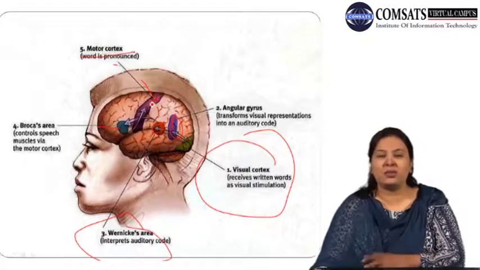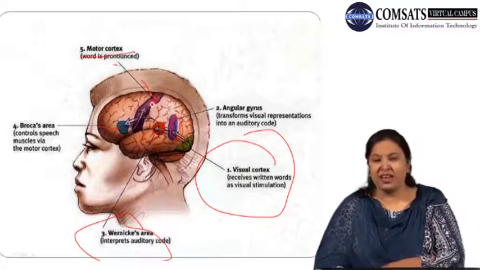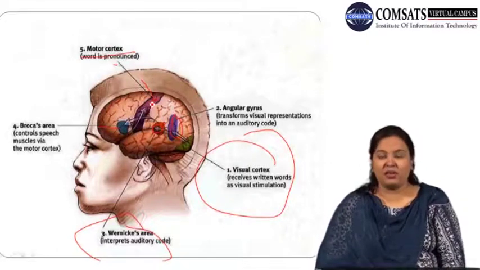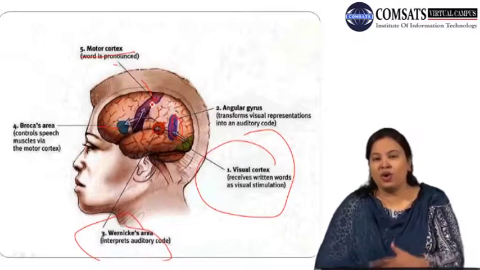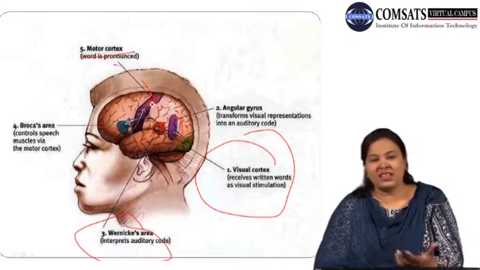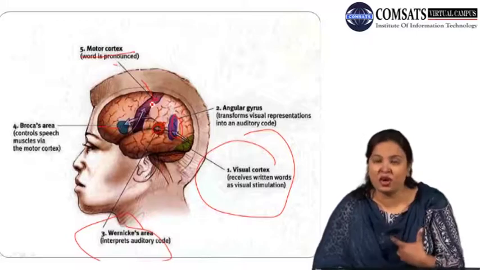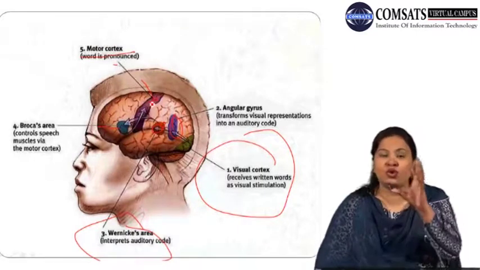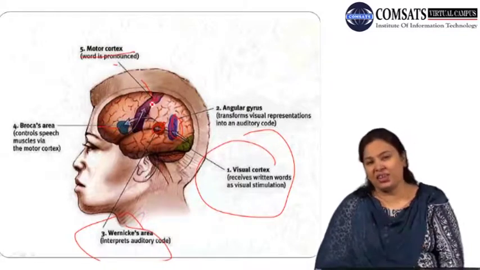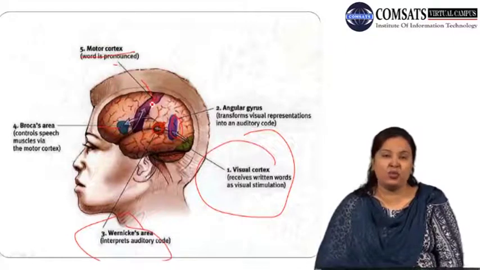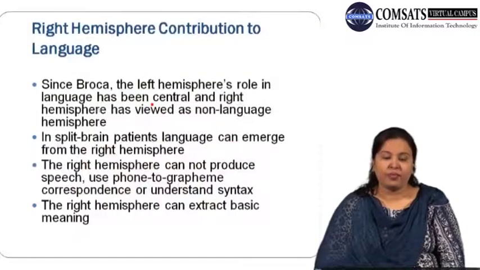So these are the important areas of the brain which are involved in language production, reception and understanding, because all these things are important. If you are just producing sounds without making sense, this is useless. Receiving sounds without making sense is useless. Understanding sounds but being unable to produce or receive any sound also brings certain complications. So all these areas are important with respect to language production, reception and understanding.